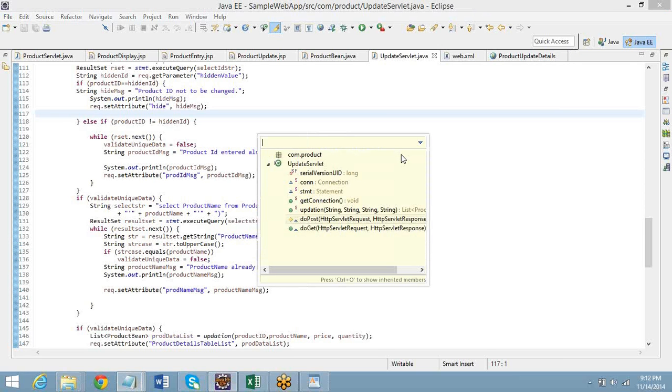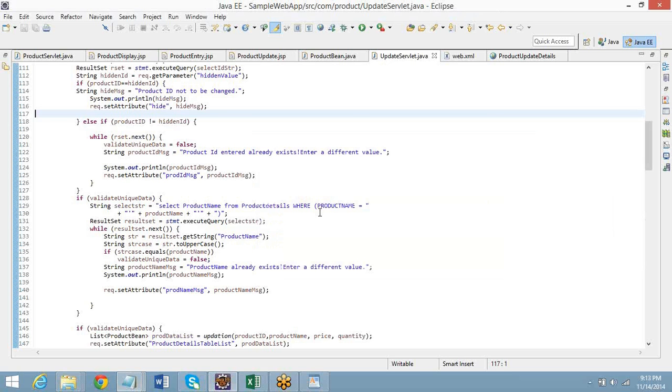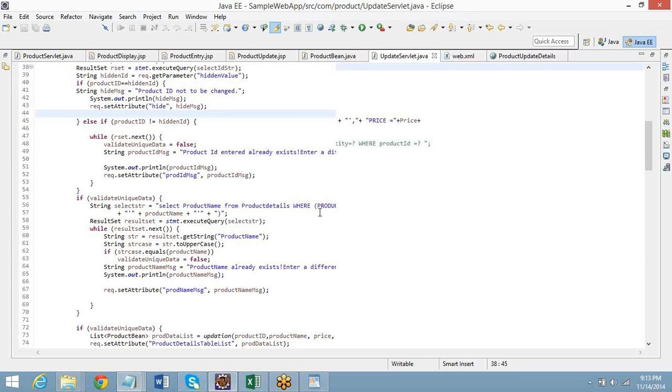So in the doPost method, you are calling the updation method, or the doGet method? Which method? Click on update product. Wait. I'm calling. Don't go to any pages. Whatever I ask, because it will get confused for me. I know what is going to happen. Just click on updation. One second.